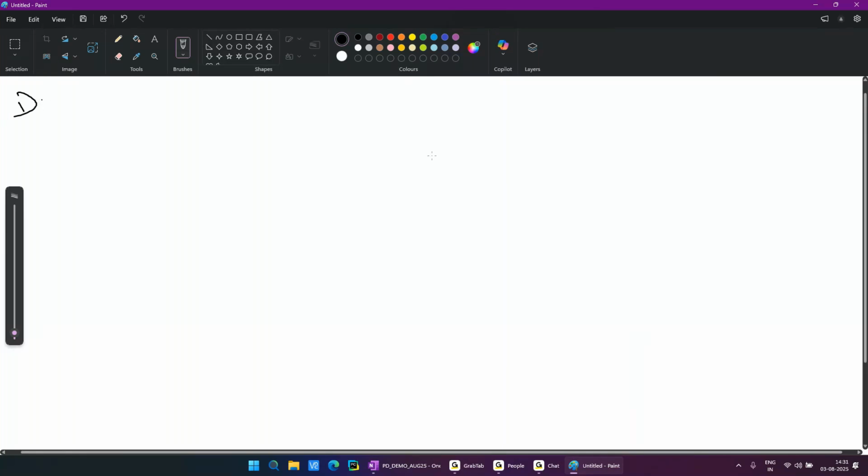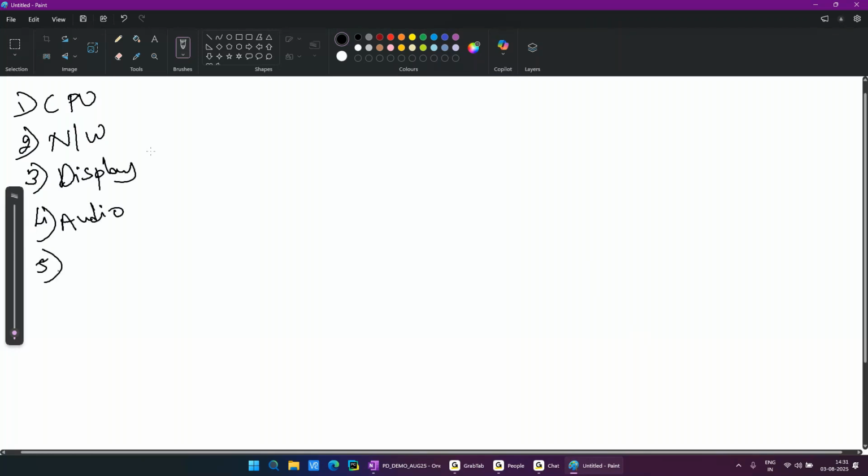First one is a motherboard, which is the complete set of all the ASICs individually. CPU, without CPU nothing is there. As we are talking about a mobile phone, network module. Third one, display module, audio, memory, all this particular stuff you will be able to have. So that means with respect to this,